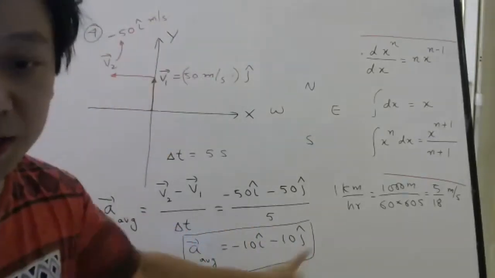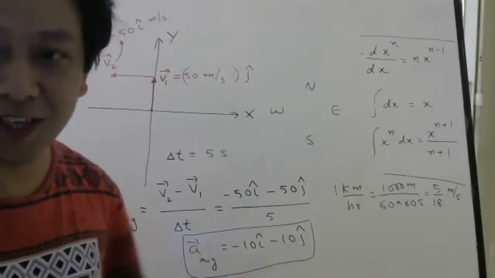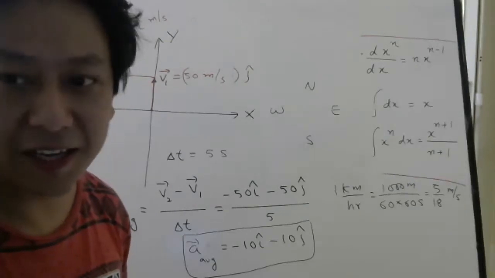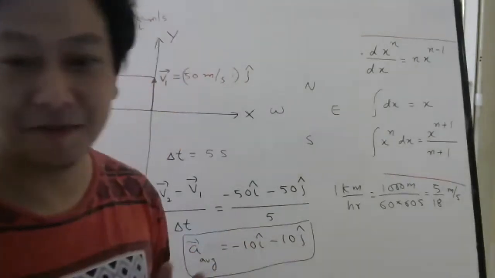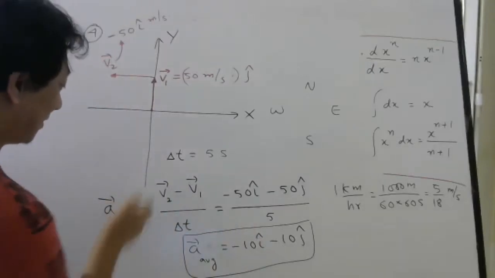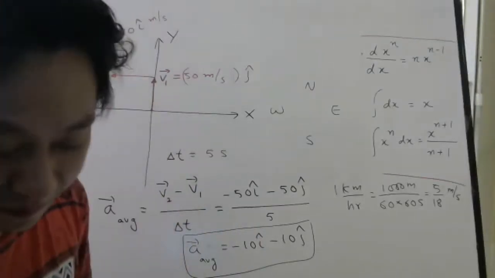Can I write this as minus 20? Minus 20, can I write now? No, it is not like terms now. This is I cap, this is J cap. So you have to do it this way. If you just put a number here, 50 here, 50 here, it will not work.